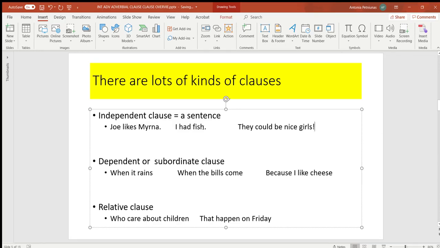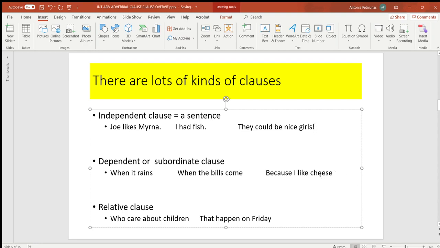I am eating fish. Dependent or subordinate clauses, many different kinds. When it rains. When the bills come. So bills is a subject, come is a verb. Right? Because I like cheese. There's a subject, I, and like is a verb, but we don't know what happens